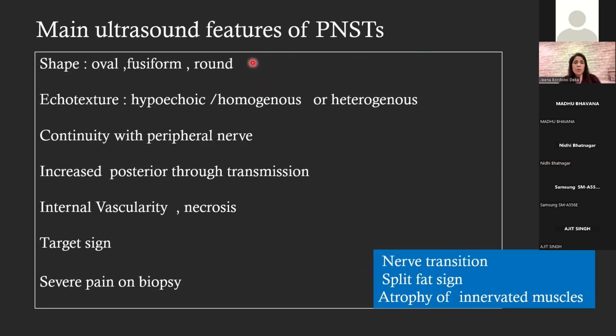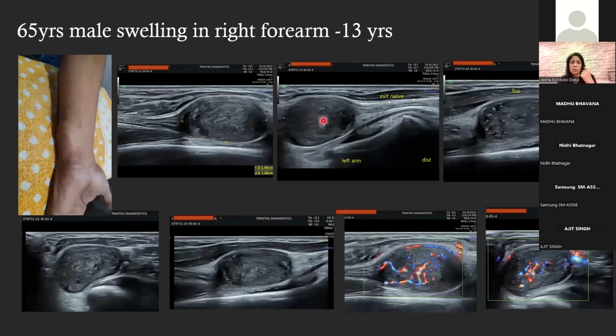So as a brief recap, the main ultrasound features that have been known for quite some time are the shape, that is oval, fusiform, or round; the echotexture, increased more towards schwannomas; the target sign in neurofibromas; and severe pain on biopsies. And more recently, signs such as the nerve transition, the split fat sign, and atrophy of the innervated muscles have been described. So this is just one case which I've